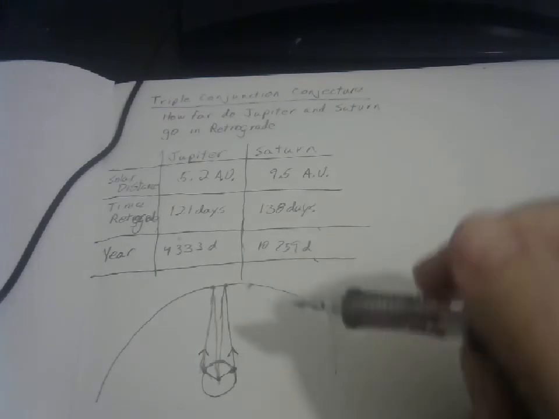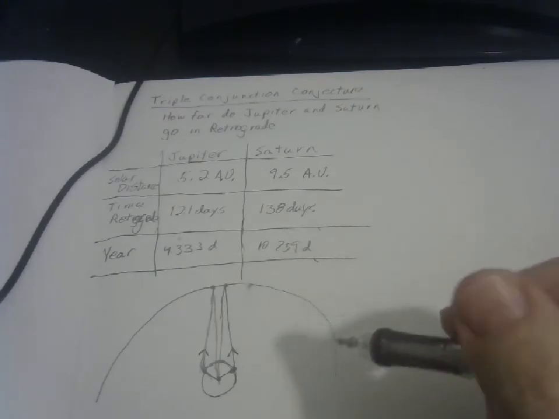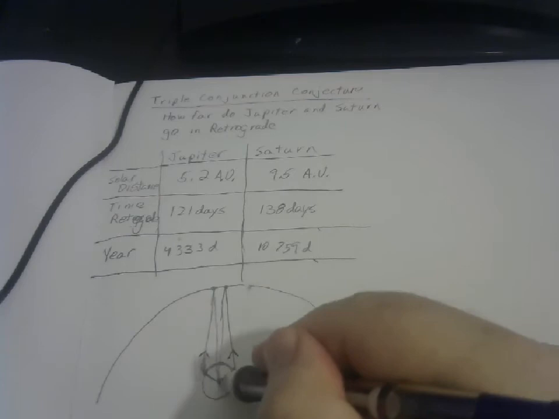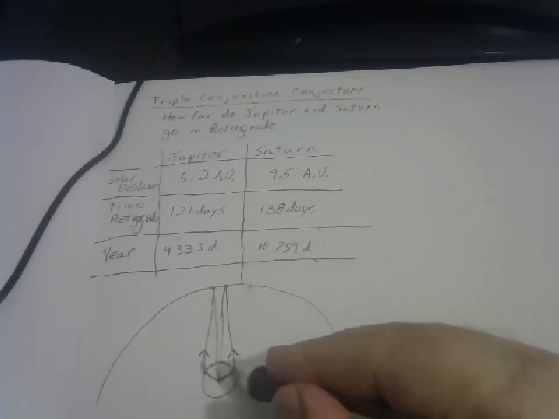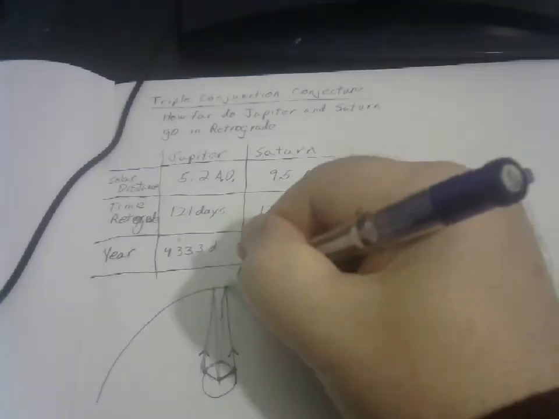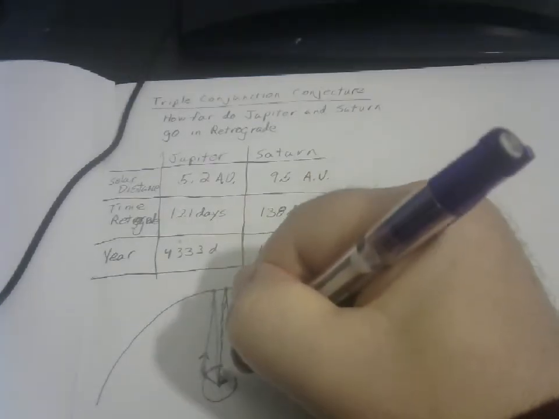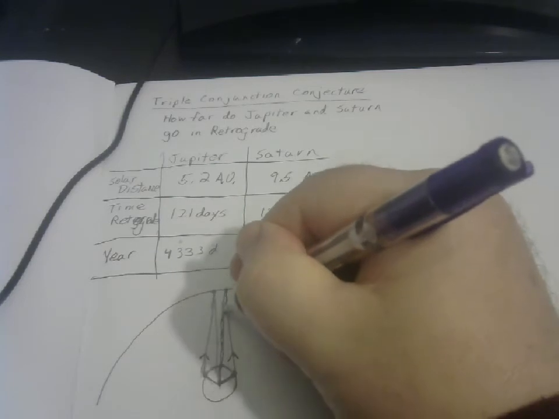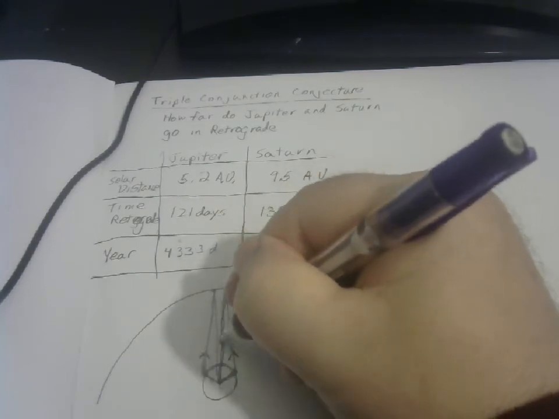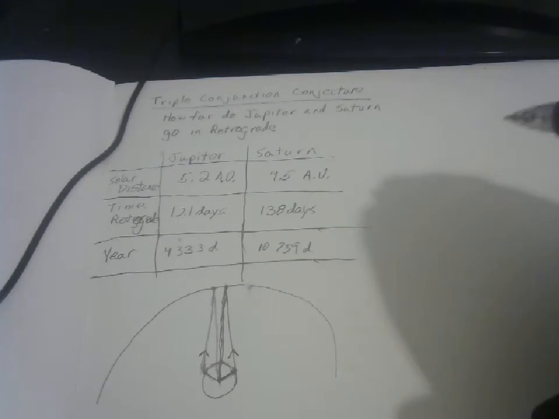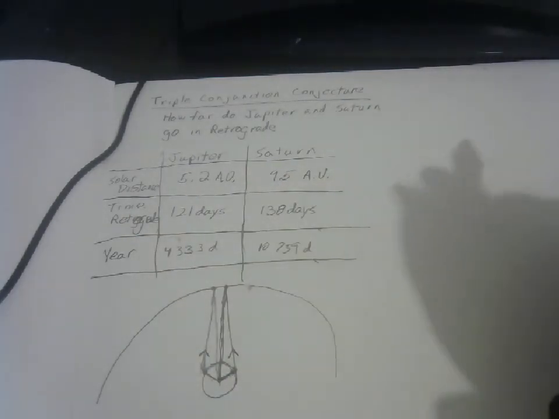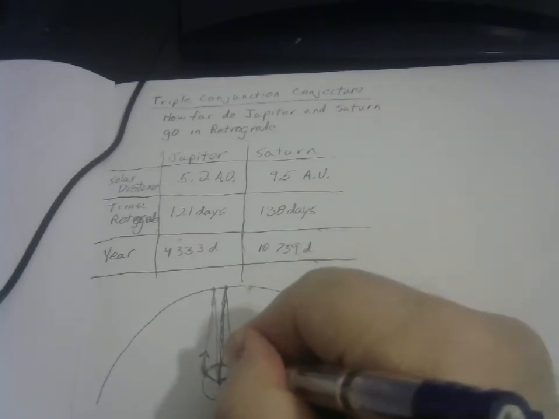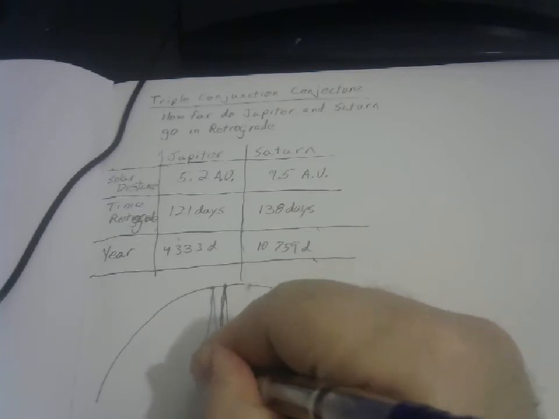So then let's talk about what we know. We know this distance, because that's the distance of Earth from the Sun. It's 1 astronomical unit. We know this distance. This is the distance of the far planet from the Sun. It is either 5.2 or 9.5 astronomical units. We can calculate this angle because it's going to be